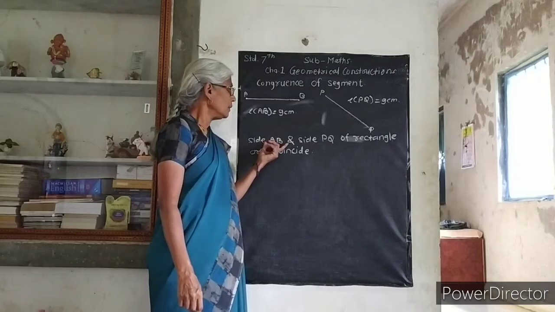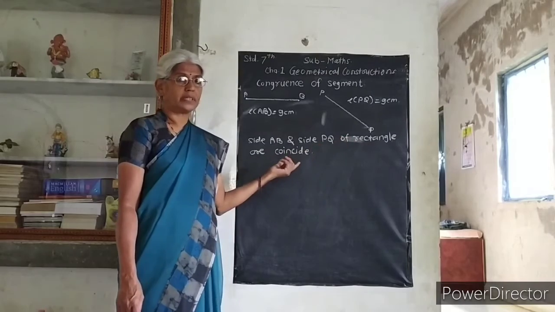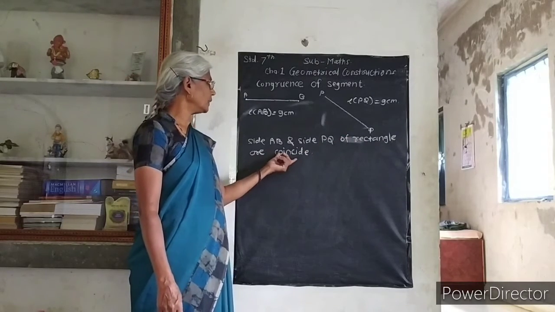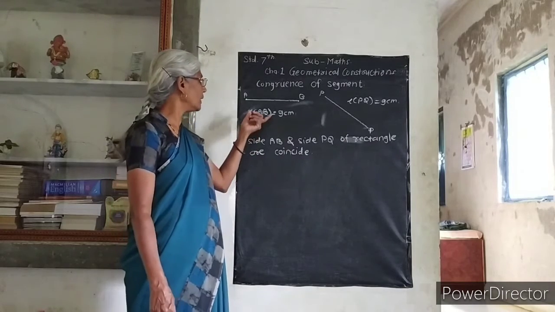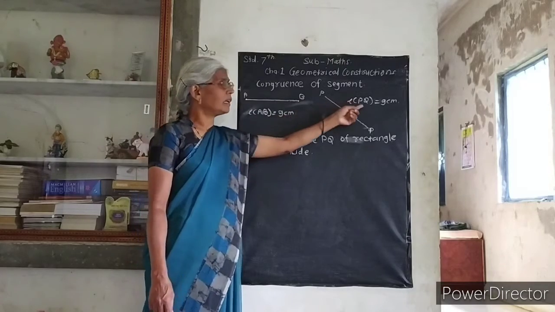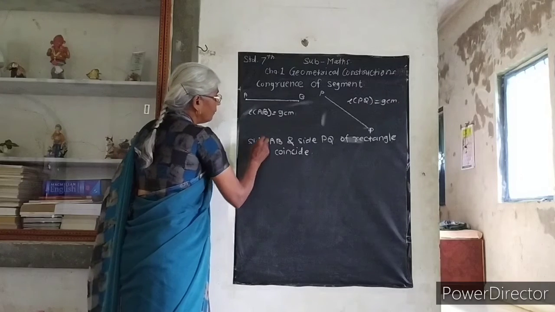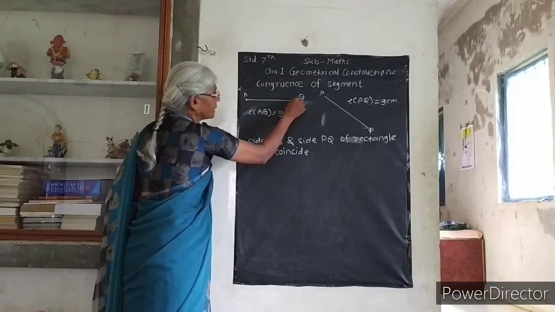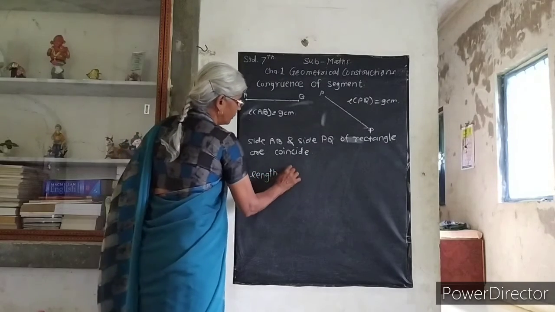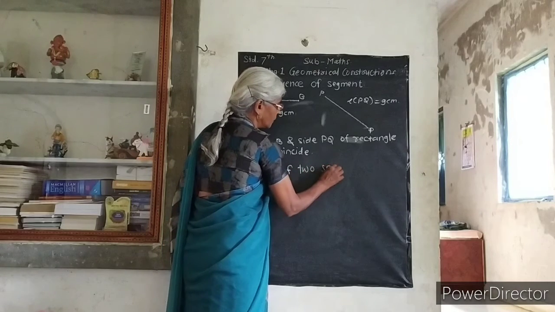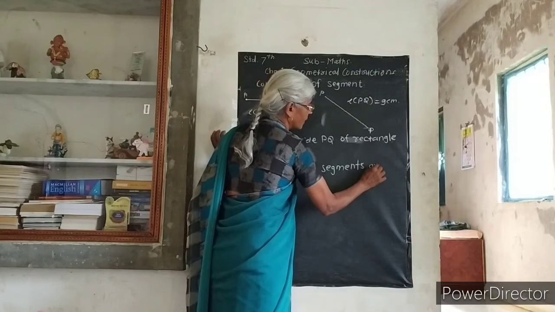See, side AB and side PQ of the rectangle shown in the paper piece coincide. Then we measure the lengths of these two sides of the rectangle. We observe that length AB is equal to 9 cm and length PQ is equal to 9 cm. Means when the lengths of two segments are equal,